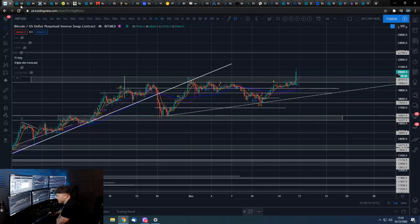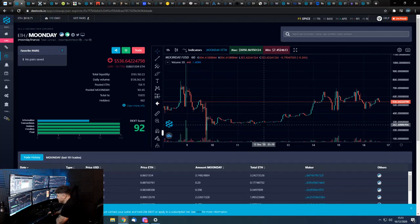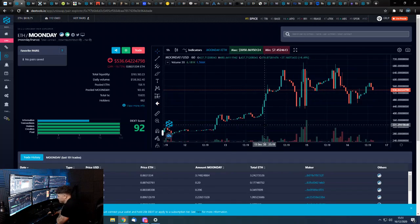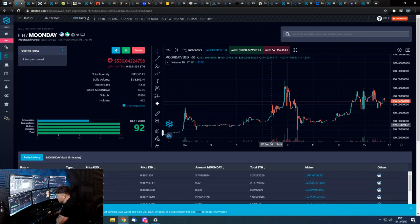So, right, over to our gems. MOONFARM, as you remember, Moonday, was one of the farming experiments that I'm hopefully going to do a full video on tomorrow, because hopefully the farming will be live by then. What we actually had was very predictable trading, which was really good. Before our initial pump up, when we were looking at it back here, before the farming was going live,